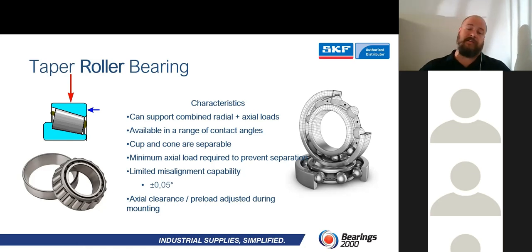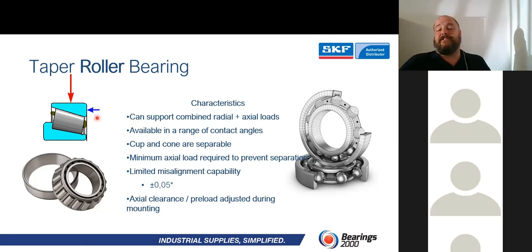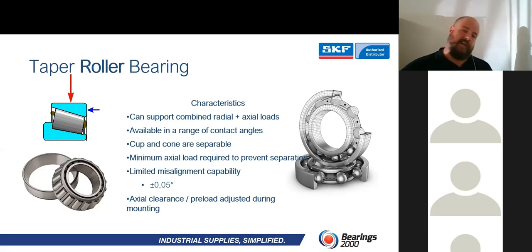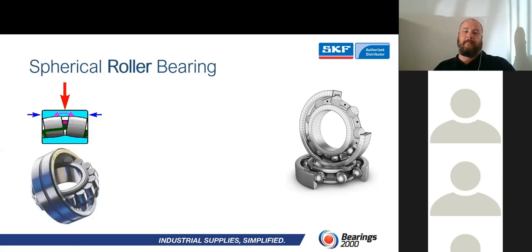Minimum actual load is needed to prevent separation. So if I had to take my little blue arrow over there and swap it around and put it on that side over there, of course, I would separate this entire bearing, and then it's just not a bearing anymore. Okay, so these units, of course, when they are mounted, get a preload put on there. I know over here in the Western Cape, a lot of the farmers would say, "maak vas, halve draai terug." That's basically a type of preload, but that preload is calculable. And of course, we are able to assist with that as well. So that's your taper roller bearing.